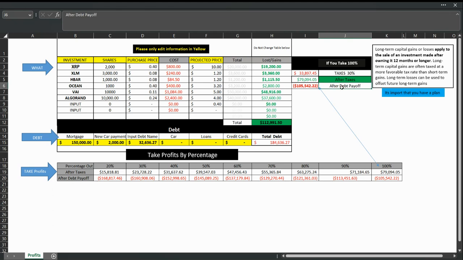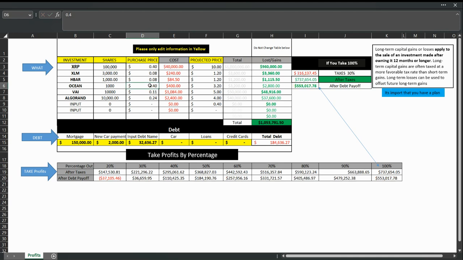And here, stating after debt, this includes this right here, your total. So this total will be subtracted by this. And it's going to show down here. So let's say XRP goes up. Let's say you purchase